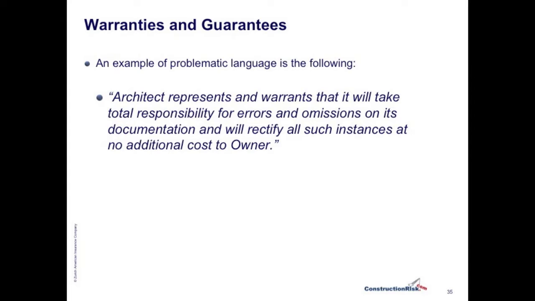An example of language doing that would be something like the following, quote, "The architect represents and warrants that it will take total responsibility for errors and omissions on its documentation and will rectify all such instances at no additional cost to the owner." Close quote. Now, think about what is done in that clause. You're warranting, you actually use the word warrant, that you're going to have total responsibility for all errors and omissions. Doesn't say negligent errors and omissions, it just said errors and omissions, and will rectify all instances at no cost